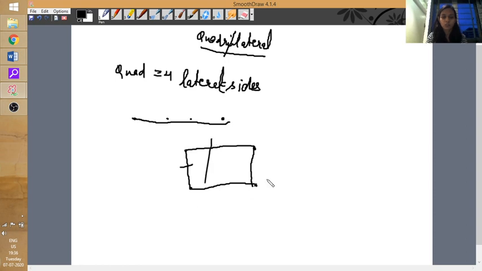So which are the adjacent sides? This and this are adjacent. I made this line so that you understand. If you look at the figure in the textbook, you will understand. Which are the opposite sides? Let me mark A B C D so you'll understand better. AB and CD are opposite, AD and AB are adjacent. Which are adjacent angles? The side by side ones. So angle D and angle A are adjacent angles, but angle D and angle B are opposite angles. Point A, point B are known as vertices.